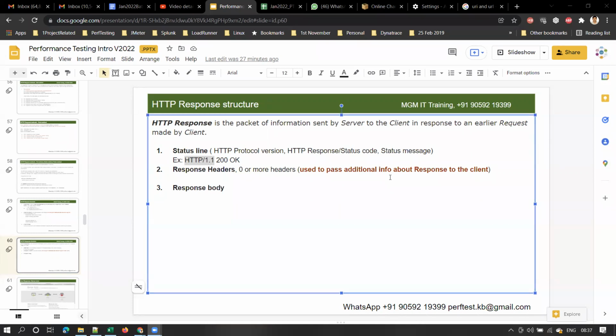What can you define protocol as? Communication language between the browser and the server. That is nothing but protocol.